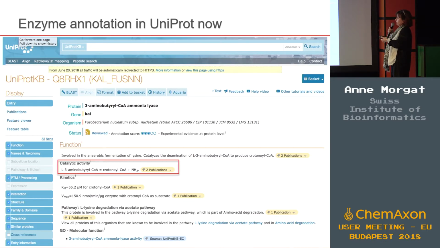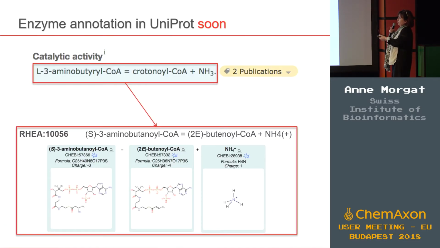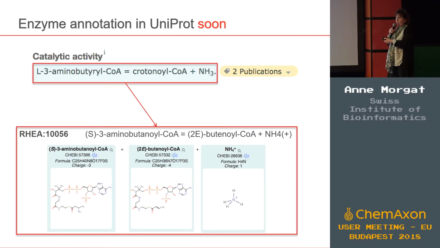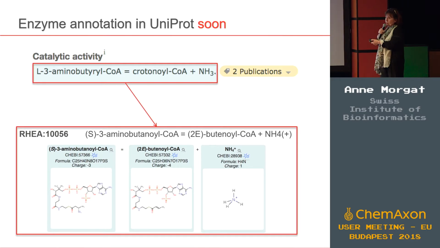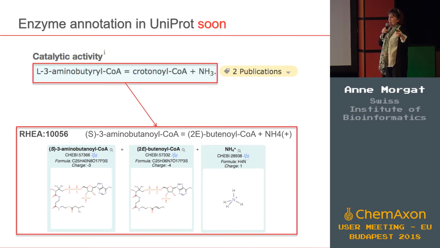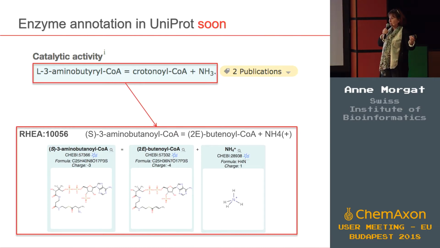Currently, in enzyme annotation, the chemical reaction catalyzed by the protein is described as text. Very soon, this text will be replaced by Rhea reactions. It will provide a more controlled vocabulary and better consistency. We know that reactions are balanced, and we will always use the same name for a compound in all the reactions it is involved in. So by introducing chemical structure into a resource like UniProt, it's like a bridge between the bioinformatic world